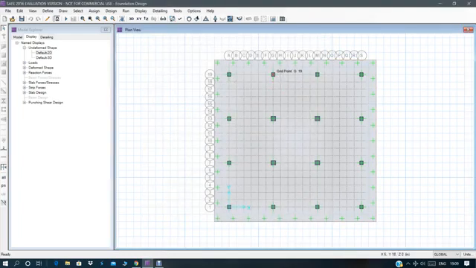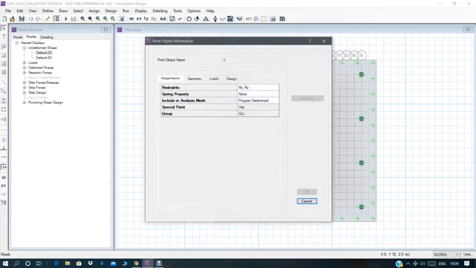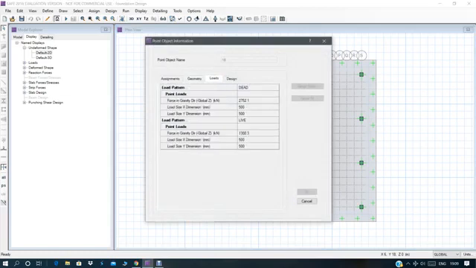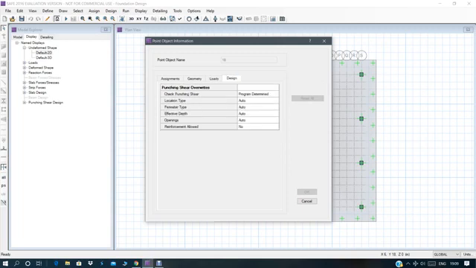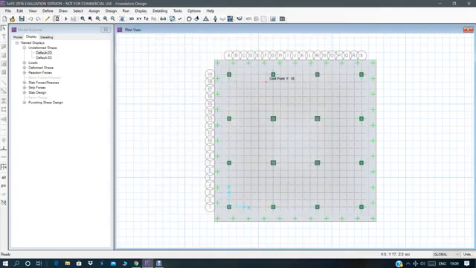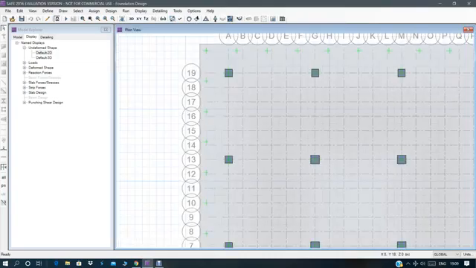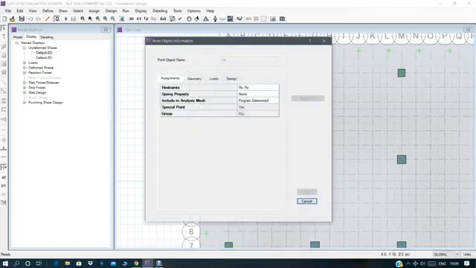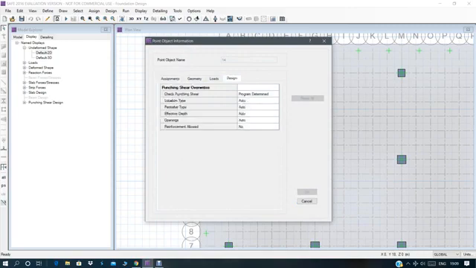Then if you middle click on this column, you will get the loads. This is dead load, point load, this is live load, dead load this, and here design. So in the column, if you want to see rebar, then click inside the column but not at the center. You will get